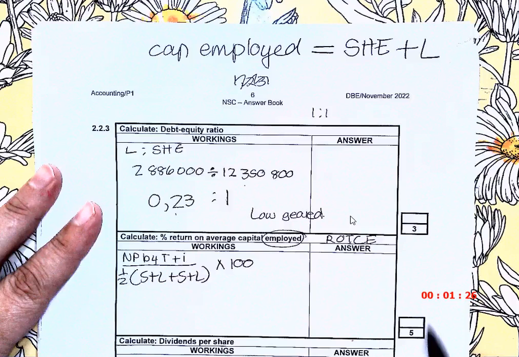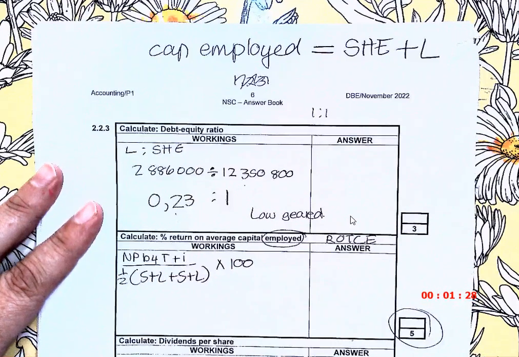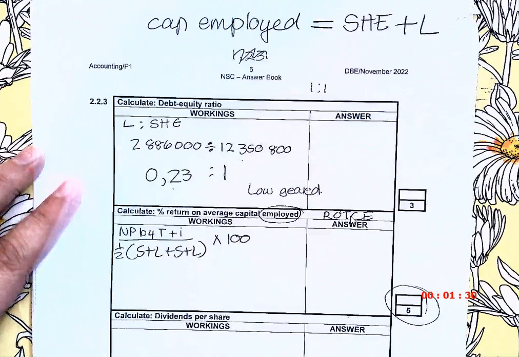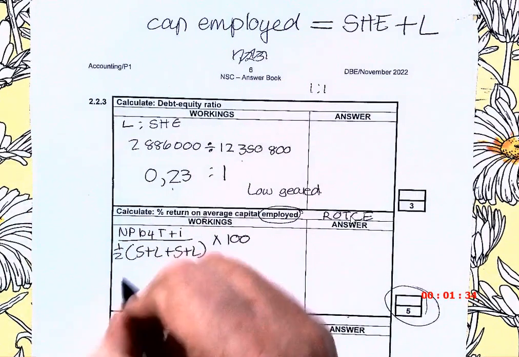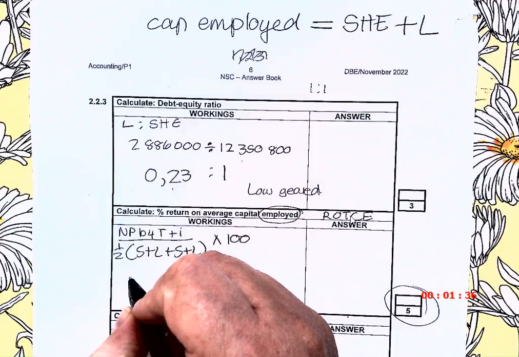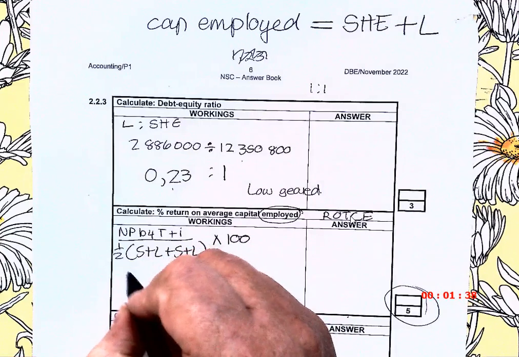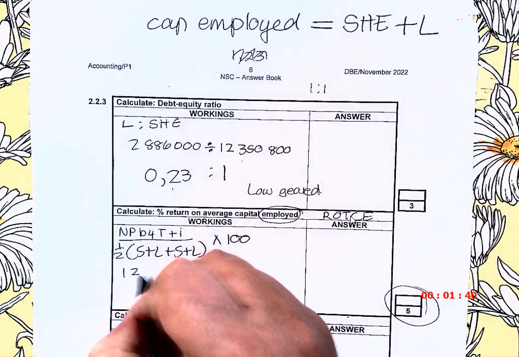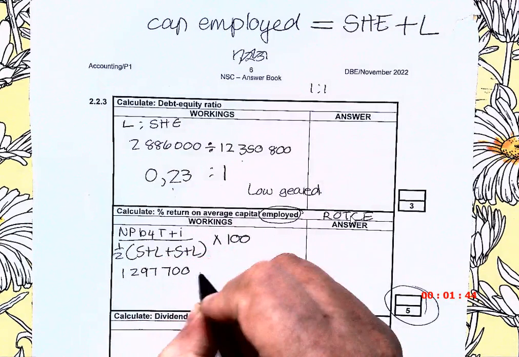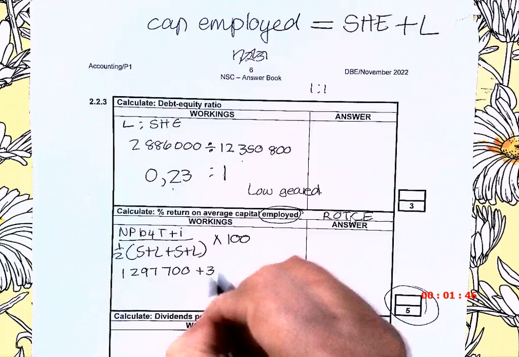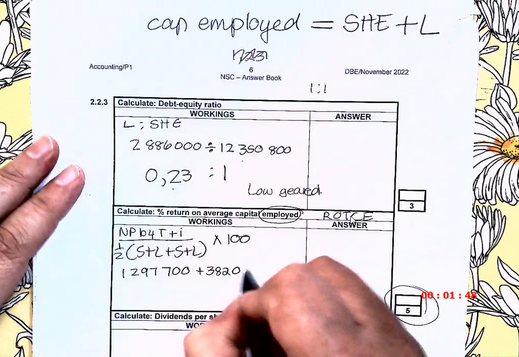Okay, can you see? Lots of marks there. So let's see what they give me. Firstly, they give me net profit after tax, but I need before tax. They also gave me before tax 1,297,700. Add back the interest on loan, right? Over